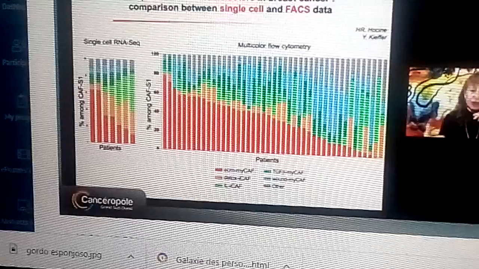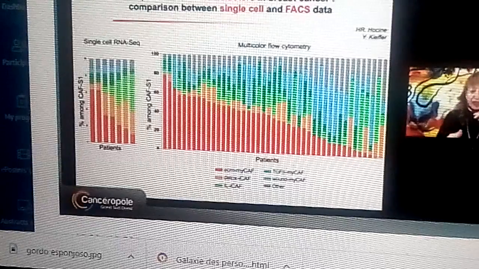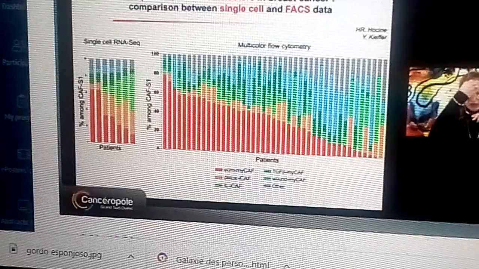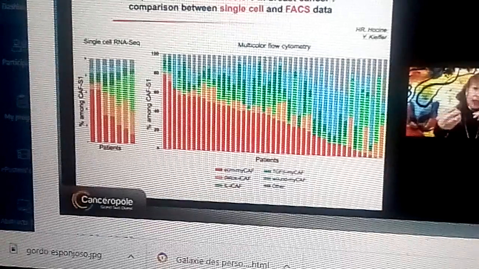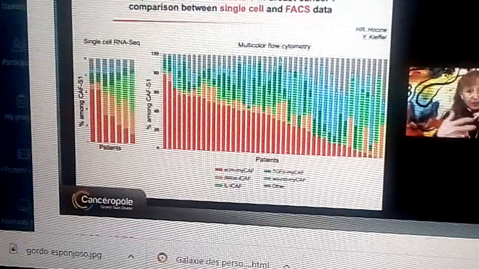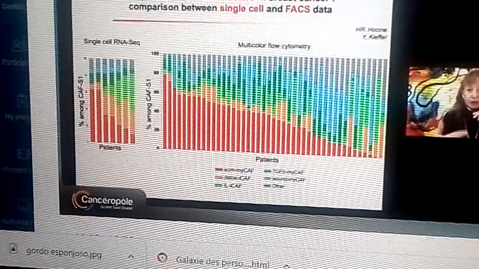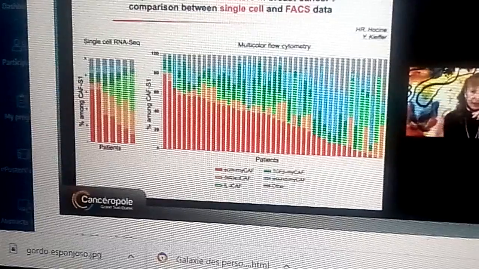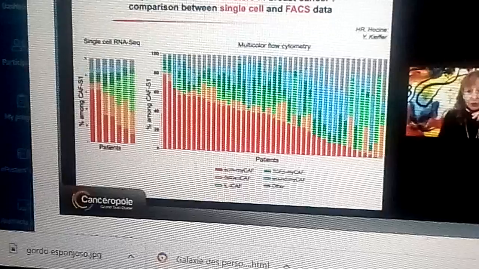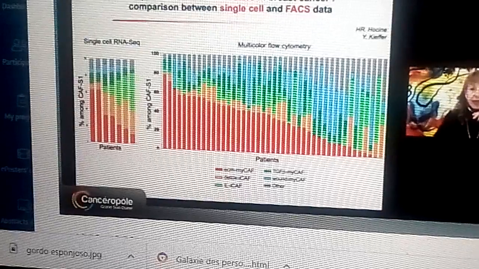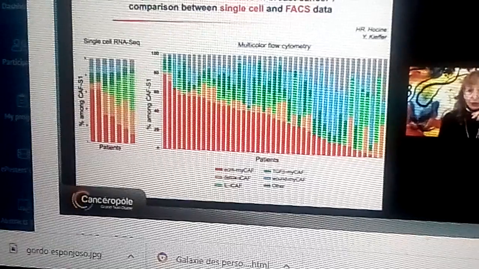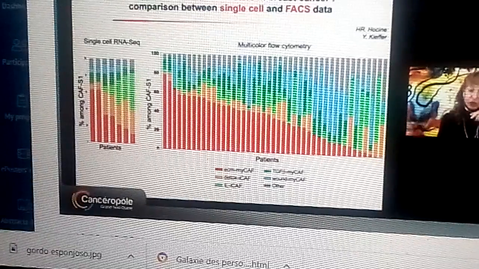Thus, we next analyzed what could be the consequences of the presence of these different CAF subsets in the patient. What we found is that, as we have identified that the CAF-S1 cells are really associated with an immunosuppressive environment, we wondered whether these different CAF-S1 subsets could be associated with different immunosuppressive functions. And we asked that question also by multicolor flow cytometry, where we analyzed the composition of the